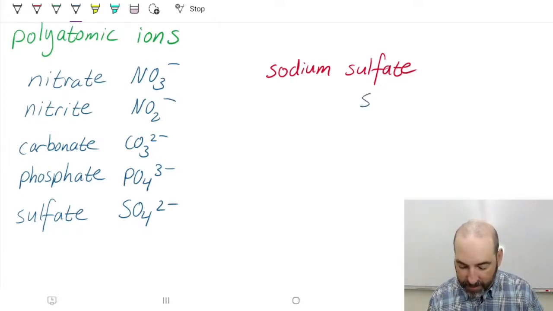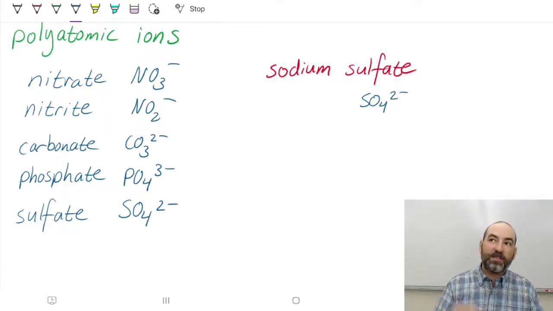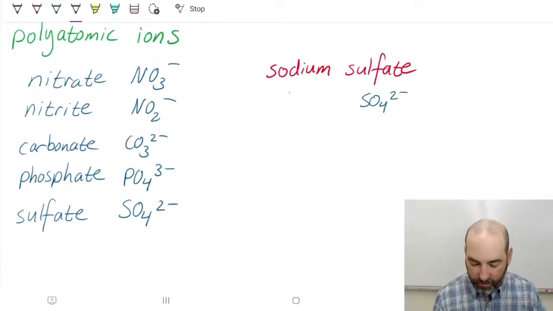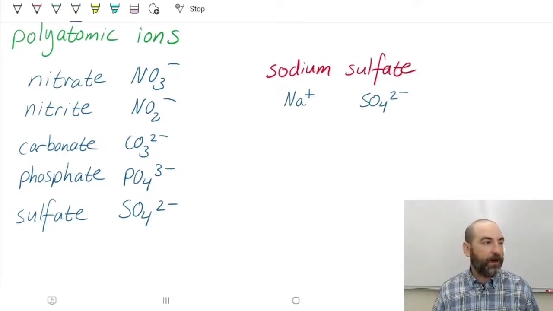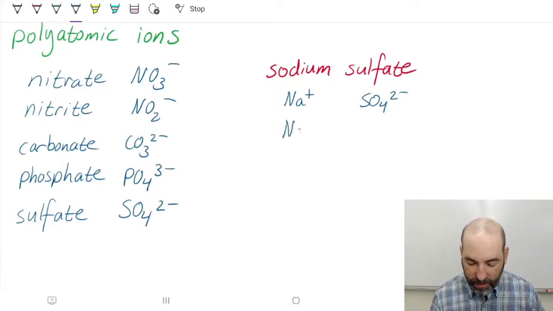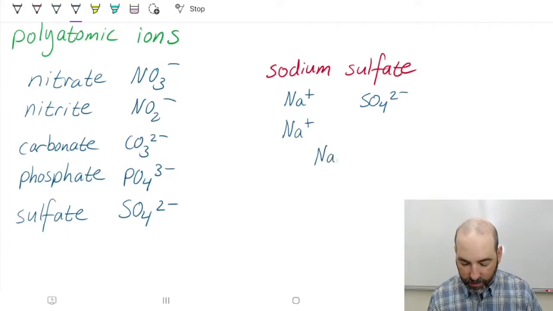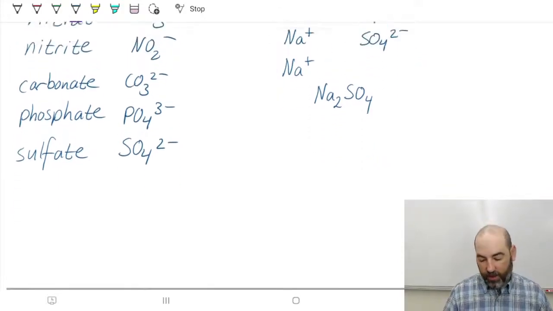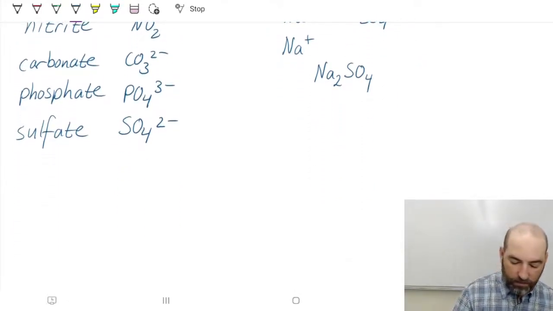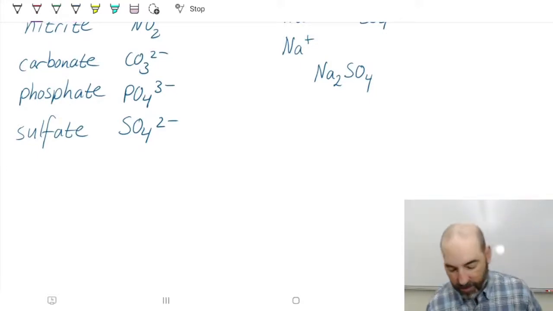So I look it up on my table and I see that sulfate is SO4 2-. I use the same strategies that we just talked about earlier to find sodium. And now I can put these together in a compound the same way. So I can recognize that I need 2 sodium atoms to balance out that sulfate. So I've got Na2SO4. And that's my compound. I can also have multiple of these, multiples of the polyatomic ions themselves. So I can have something like